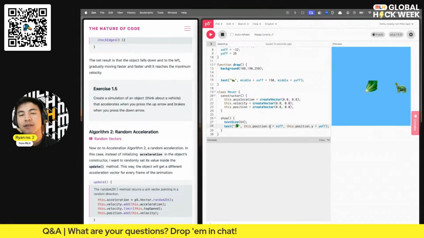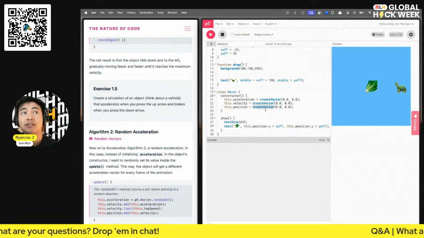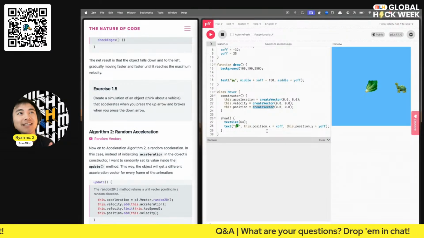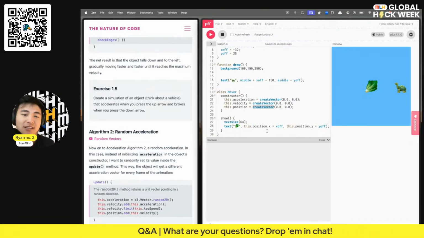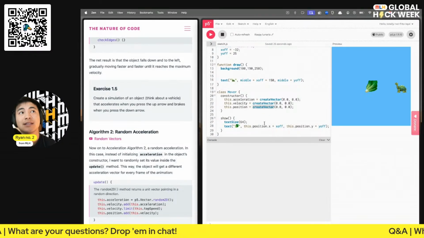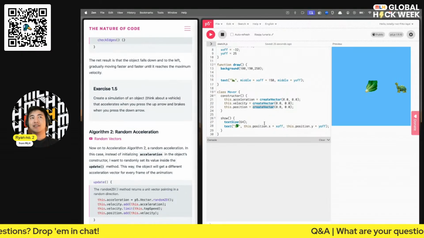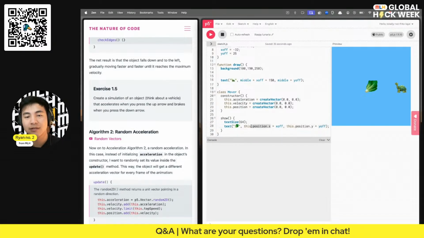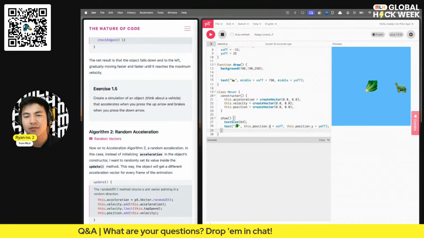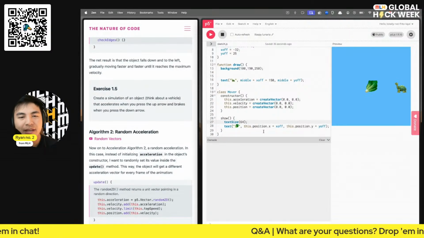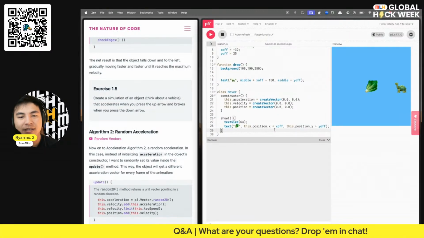The reason why we need to use a vector instead of just creating our own object that has just the x, just the y, and just the z is because these create vectors also come with some functions that allow us to do vector math. And that is really useful for when we want to do crazier, more simulated animations. But yeah. Anyway, we're not going to be able to test anything just yet